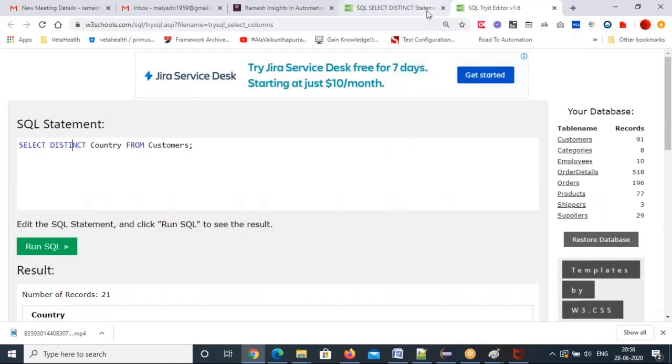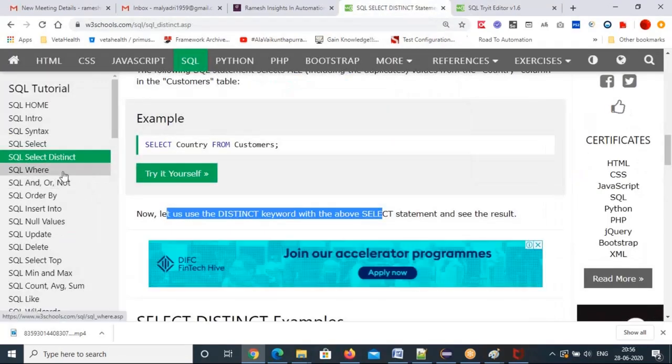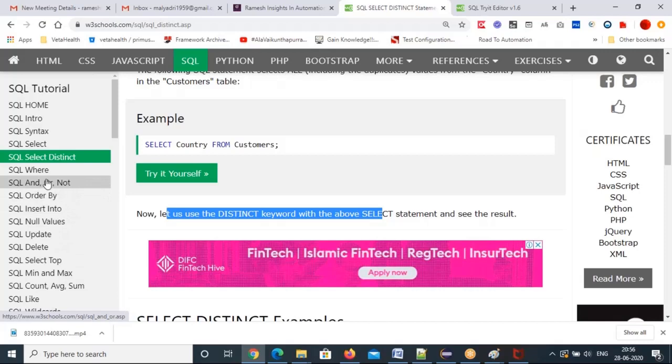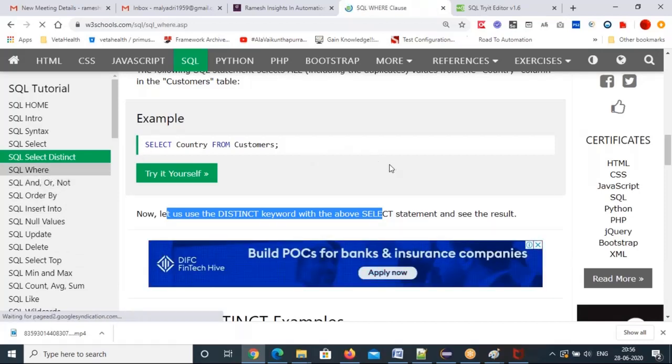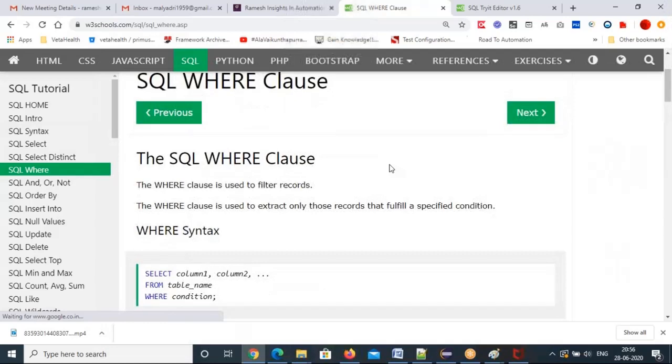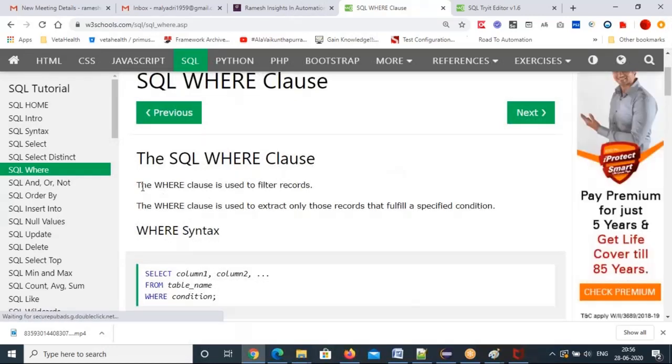So let's see what else we can do. One more clause is there, the where clause. I think we'll do it fully tomorrow in the next class, but let's start it for the 5 minutes that are left. The where clause is mainly used to filter the data or records in the table. If you want to retrieve data from the database based on a condition, you have to use a where clause. Very, very important. Mostly we use the where clause in real time.